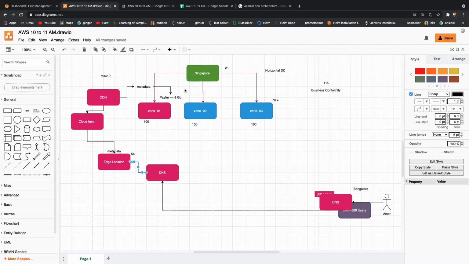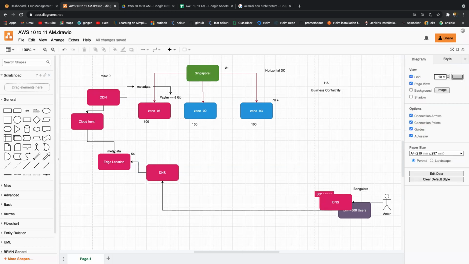So in terms of connecting with the direct region, your communication will be routed to the nearby edge location after pushing your metadata to the edge location. Getting my point? So my communication will be in Bangalore itself, so I'm not going to face any latency issue. And you can customize the TTL value also. More than 5 seconds should not be crossed. You can customize it. But based on the traffic, they are going to charge.